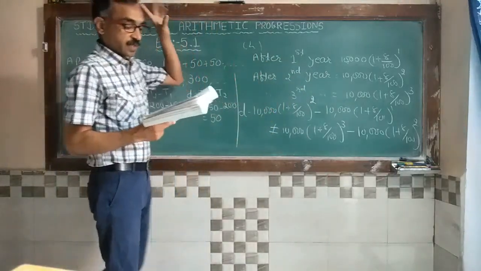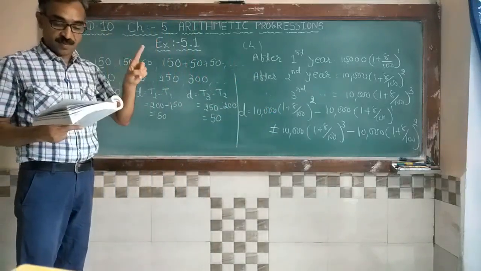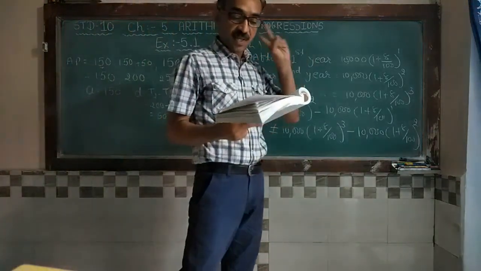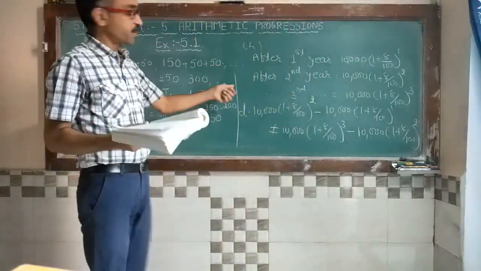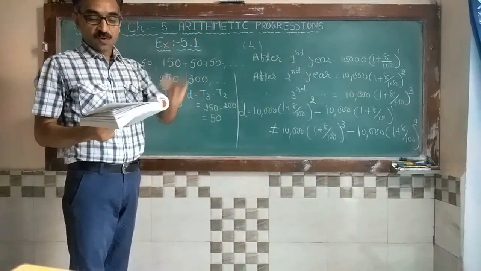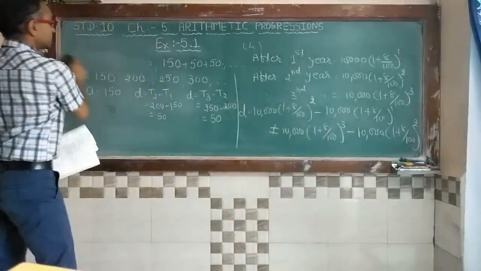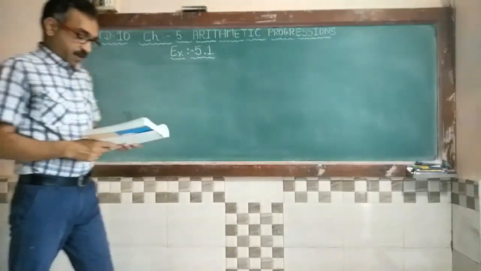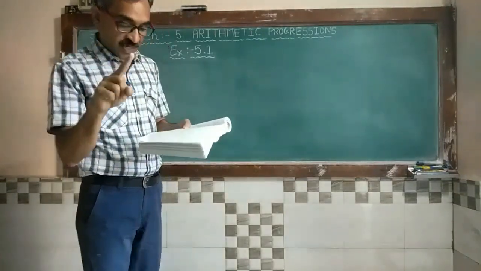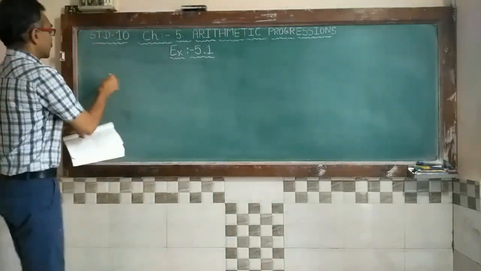So see here, for the first example, the first sentence makes an AP. Second example, does not make an AP. Third one makes an AP, and fourth one does not make an AP. Okay. Now our second example, see. Write the first four terms of an AP when the first term A and the common difference D are given as follows. The first one,